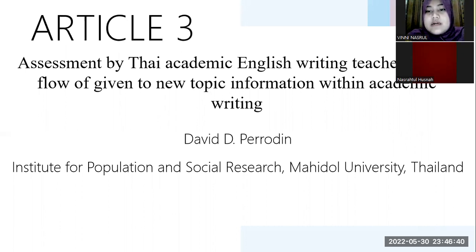within academic written discourse, which is a significant challenge for most tertiary students. Information in written academic text is equally difficult for many non-native academic English writing teachers to distinguish, and much less assess. This research seeks to determine if given to new information progression can be significantly identified and explore the possibility of such topic progression being utilized as a practical form of academic writing assessment by experienced tertiary teachers of academic English.